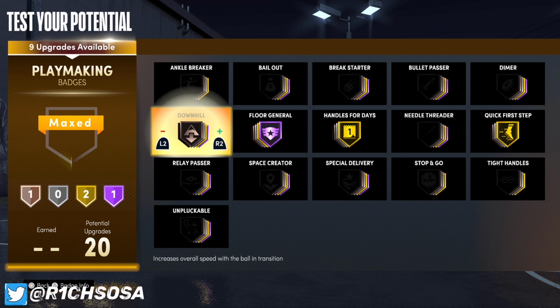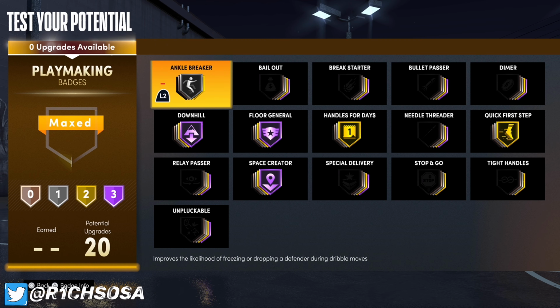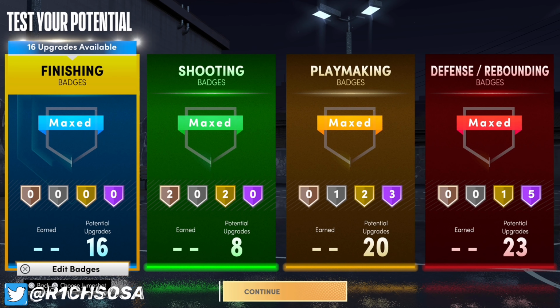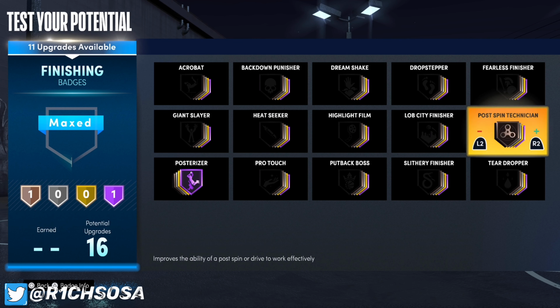Now, Downhill is one you can consider because we do have a huge success rate when it comes to the finishing because of the fact that we have all the contact dunks. Now, Ankle Breaker on silver is one that I would like to put on just so we break ankles, but if you don't want it on, you don't necessarily need to put it on. Now, I'm going to go with Posterizer on Hall of Fame when it comes to the finishing, as well as